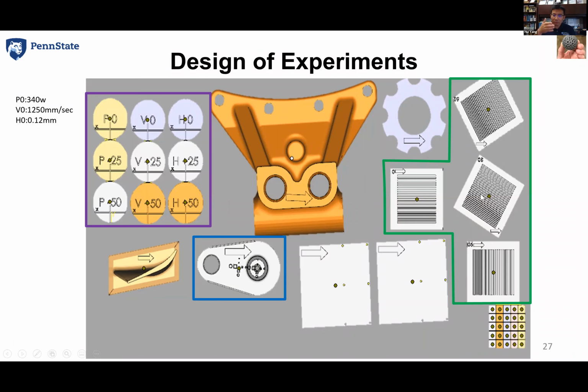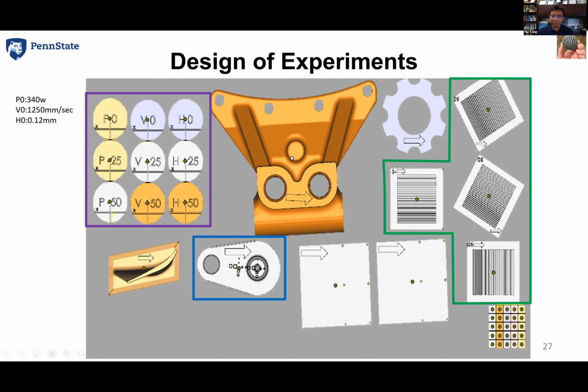And also, if you build a thin wall, it's a wall with different thickness and different height. If you build a thin wall with different heights, sometimes because of the weight, it can tend to crush the layers below. So in this design of experiments, we have different thicknesses, or widths, and different heights of the thin wall. And you can also see the thin walls are placed in different directions. This arrow direction is the recoater. That means every time you finish a layer, you recoat the powder in a new layer, and then you fuse